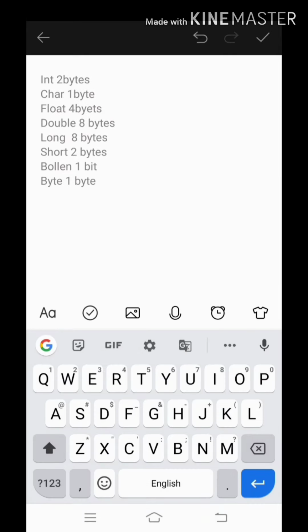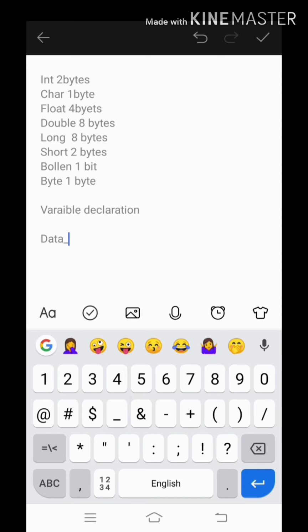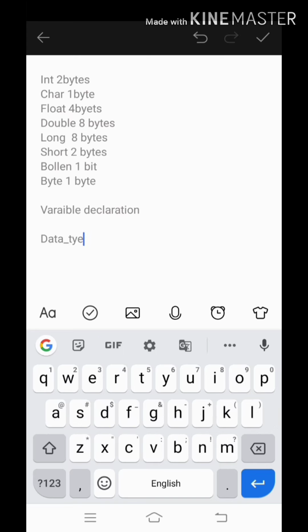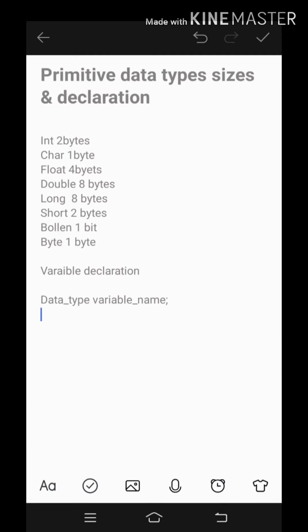The basic syntax of creating a variable is data type, then a space, then the variable name, and a semicolon. In this way we need to create a variable.